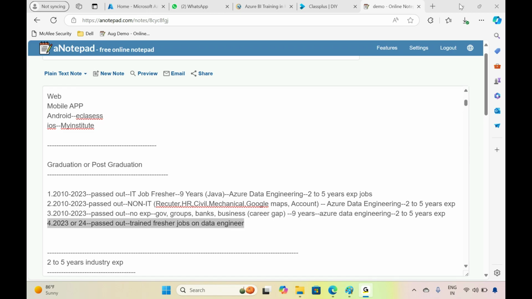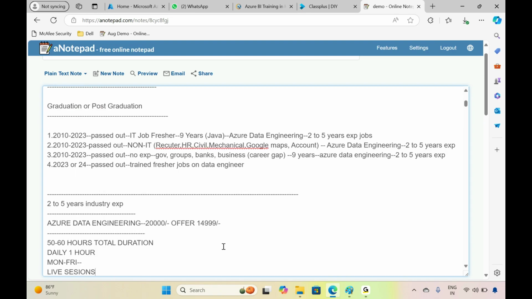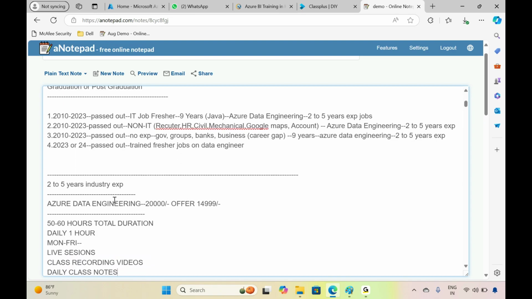Okay, so mostly the people are looking for experienced positions only. Correct? So after completing this course, we are going to apply for jobs of 2 to 5 years of industry experience. That is the reason our training is focused on that experience level only. If you just get basic theoretical knowledge, you may not crack the interviews. You may not work on real projects. So our primary focus is a person who has already experienced 2 to 5 years of industry experience. That level we are going to provide.